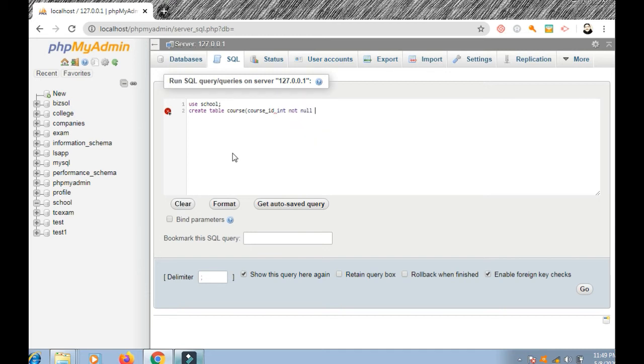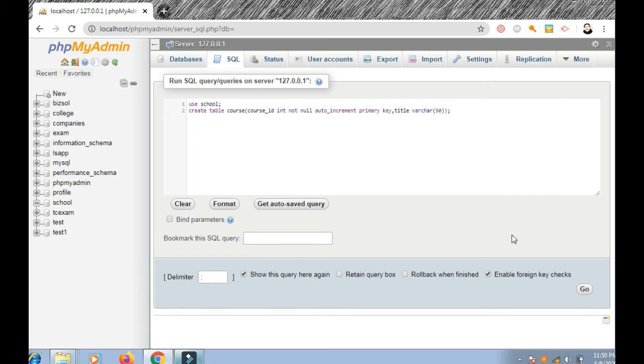Course ID should be integer, not null, auto increment and primary key, right? And the second is title. The course title should be varchar,